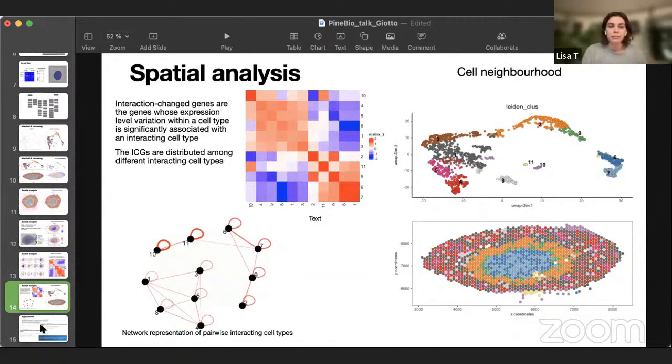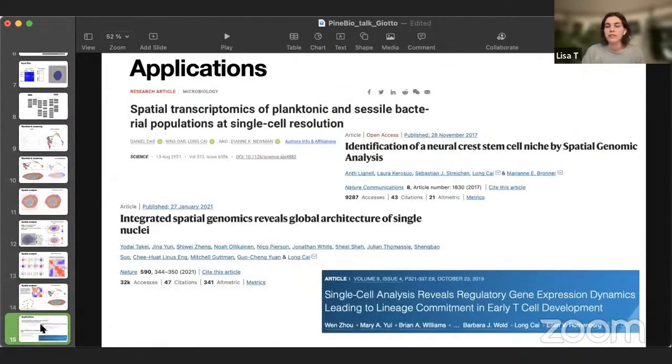So spatial single cell really gives us a lot of opportunities to study pretty much anywhere we can apply single cell. We can try applying spatial single cell, and it will give us more information about where exactly this function is happening, and a lot of information about expression patterns, spatial expression patterns. So that's it on the